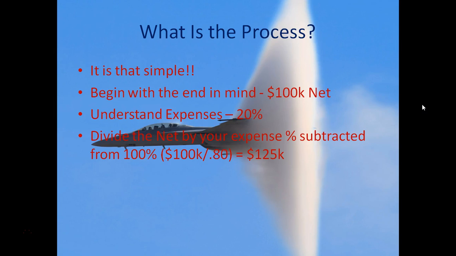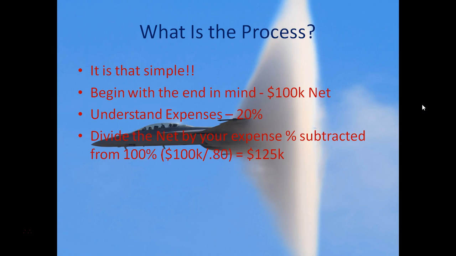For instance, I'm going to divide my 100K by 0.8, which is... This is the hardest part for me to explain. Basically, it's the reciprocal or the inverse of 20%. So 80% is that. So if I divide my desired net, and let's say your desired net is 50,000 and